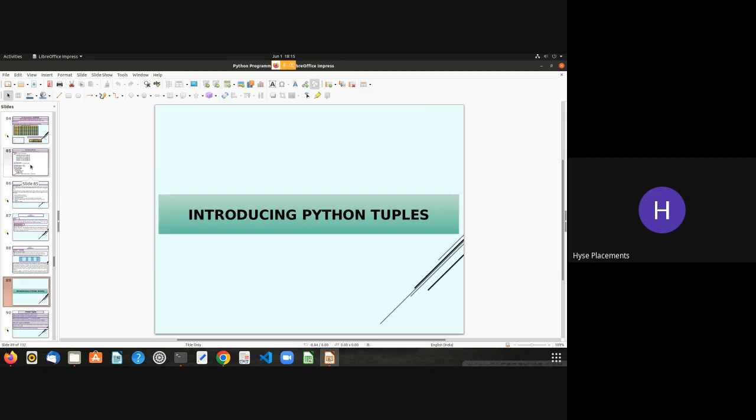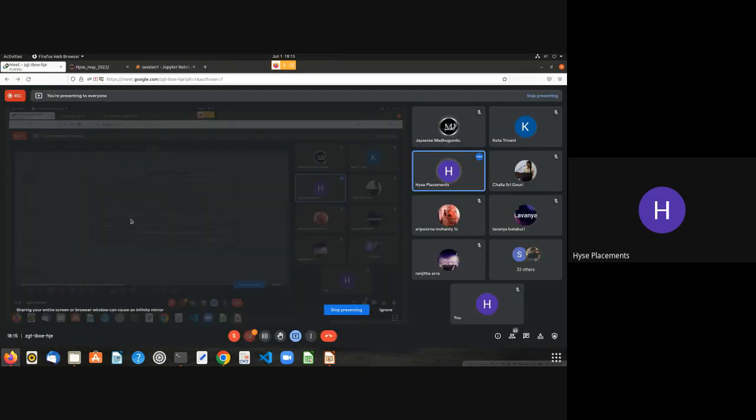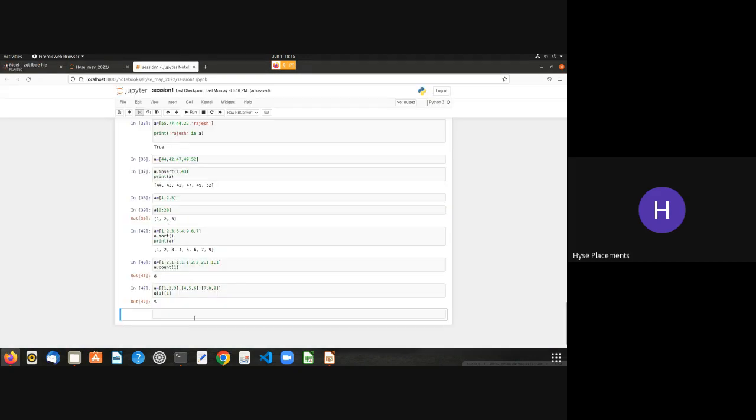So, introducing Python tuples. A tuple is another sequence data type that is similar to the list. In our first data types session, we have seen tuples as well. In order to create a tuple, we use this syntax, the parenthesis. In the same way as you assign elements inside a list, you use the same method to assign a tuple in Python. So if I print the statement out,